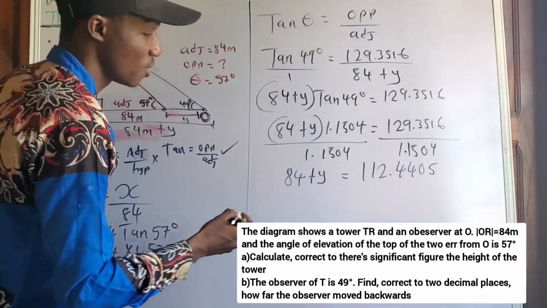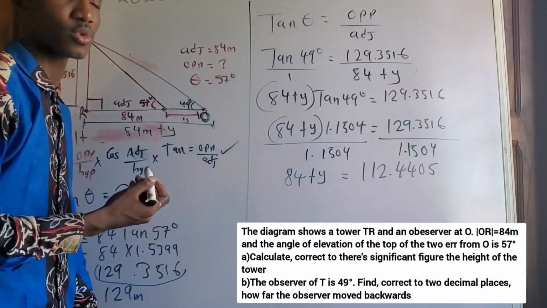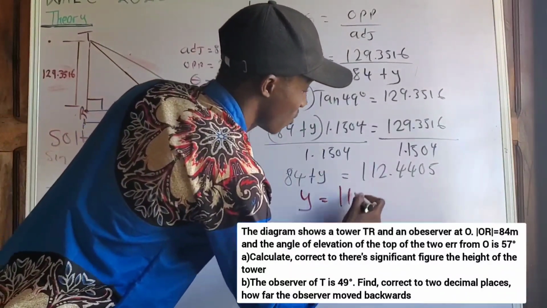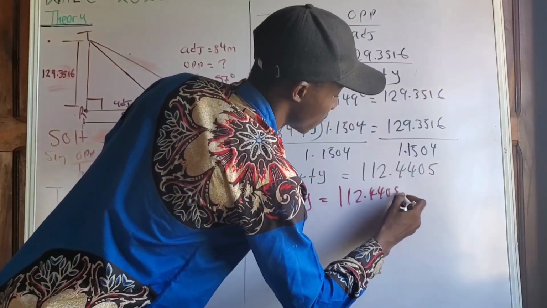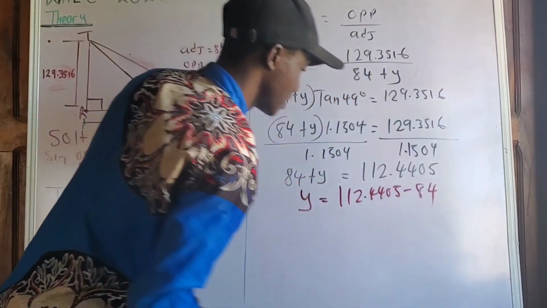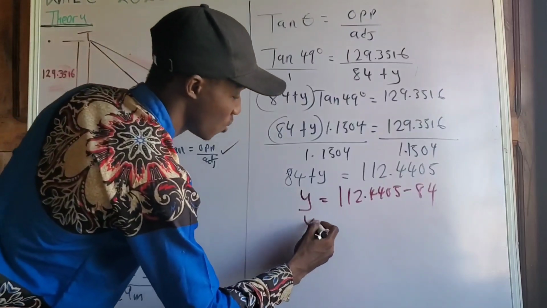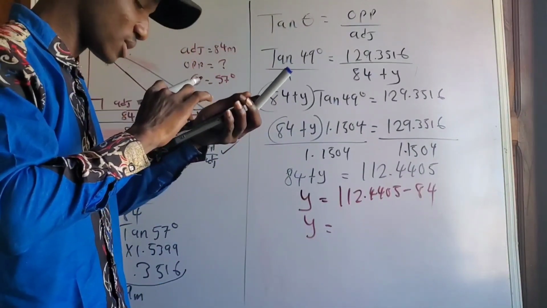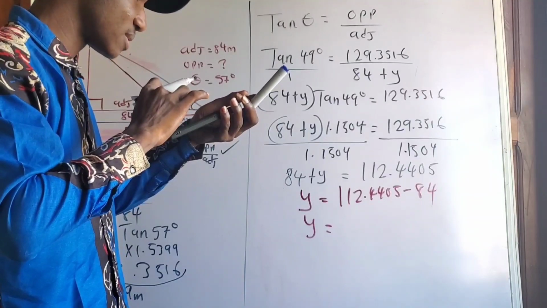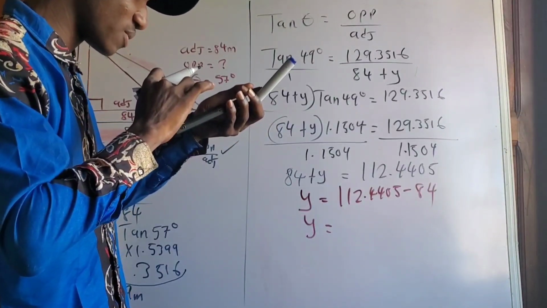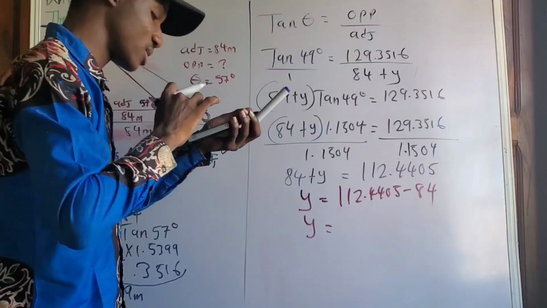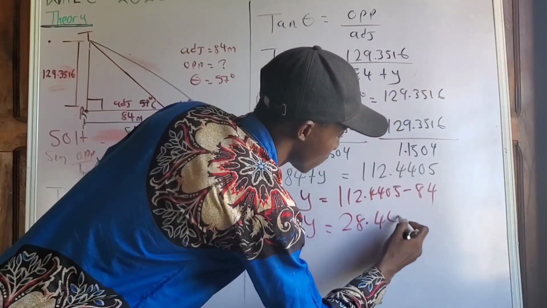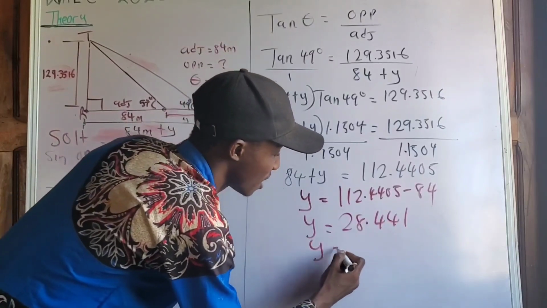Okay, so to get the value of y you have to collect like terms, or make y the subject of the formula. I'm going to have 112.4405 minus 84, right? Okay, so y equals 112.4405 minus 84. That is 28.44 or 28.441. So the value of y equals